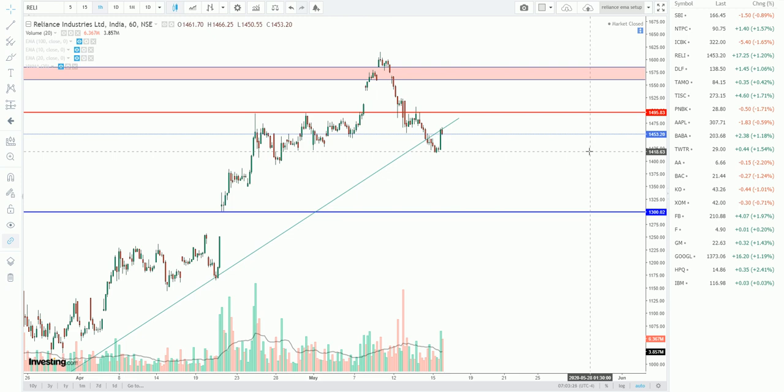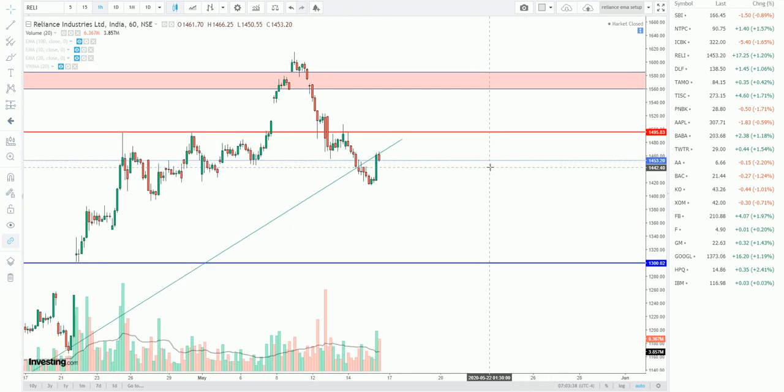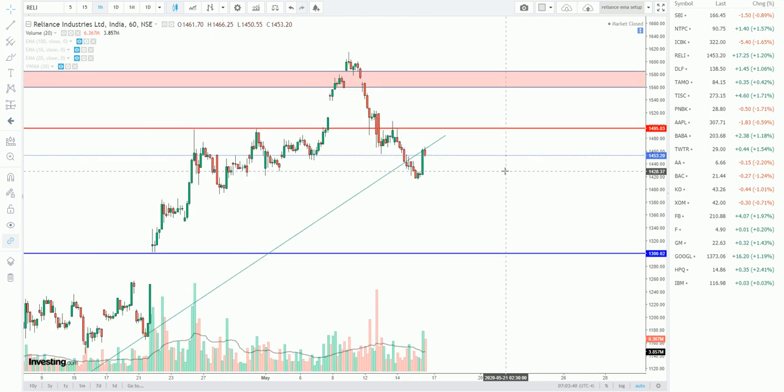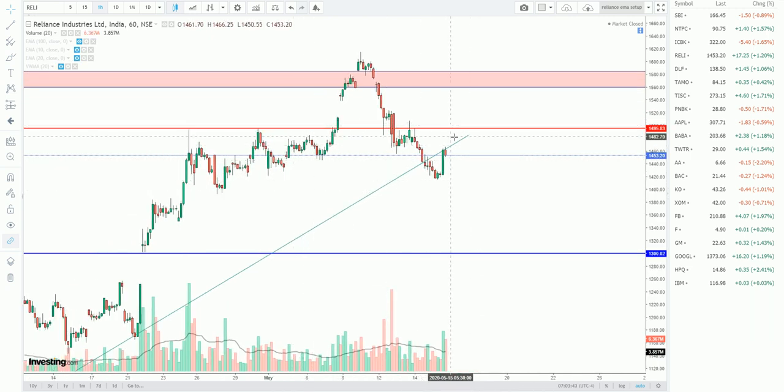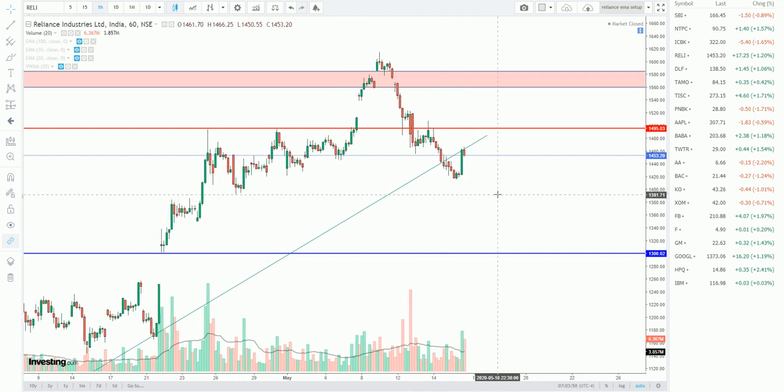So there is no bullish signal nor a bearish signal. If you consider an investment or trading opportunity, in both cases the stock is not favoring a risk reward ratio. So I would suggest that we should wait for a level confirmation, whether it crosses above 1600 or falls below 1400, so that the gap can get filled. So that's what is confirming this.